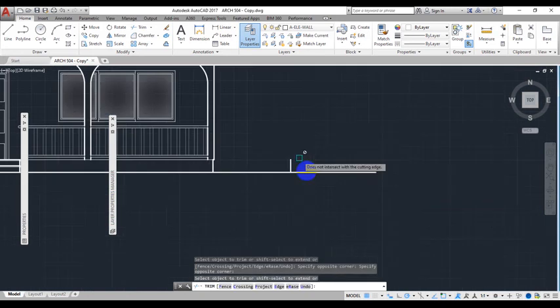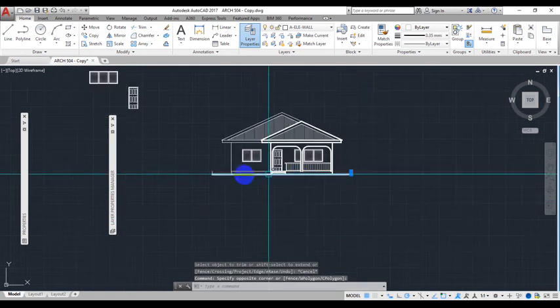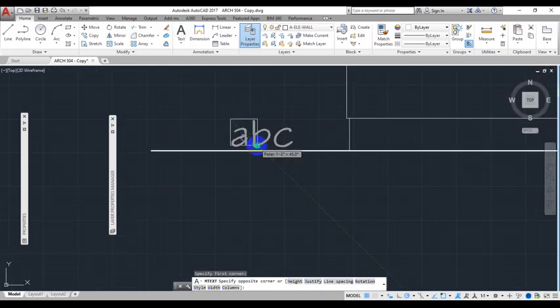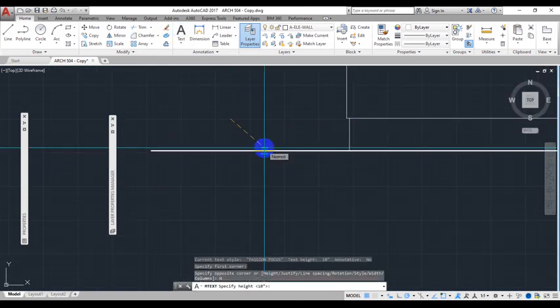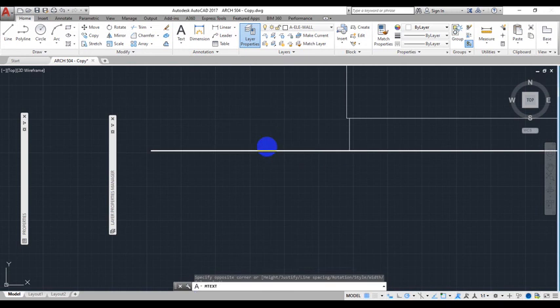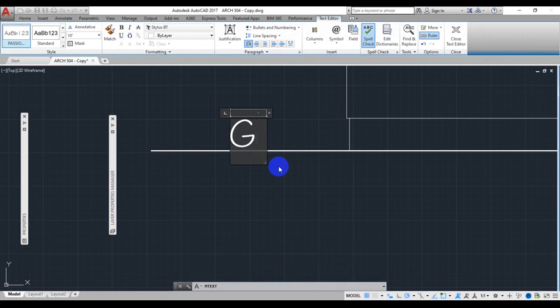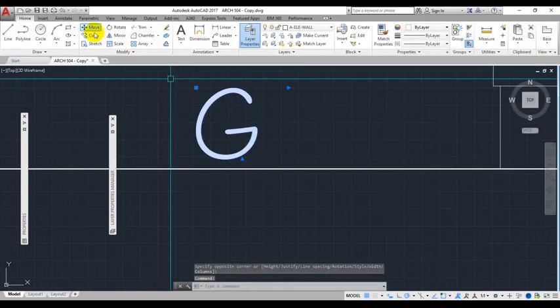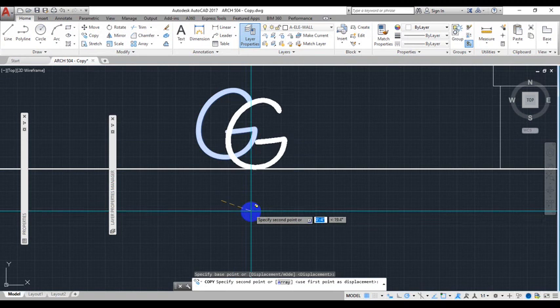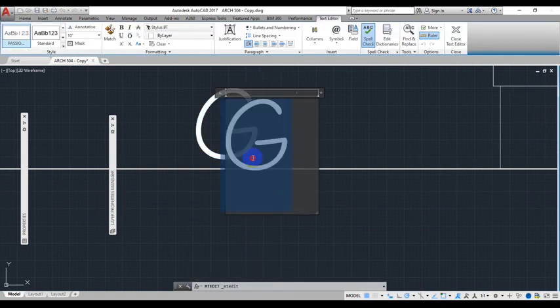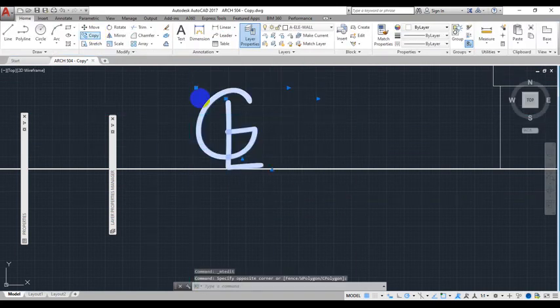So I trim this, trim this. So I come to text, click, right click, come to height, type 10 inches. So I type G. So I select this, come to copy, copy this, click on it, type L. Select this, come to copy,